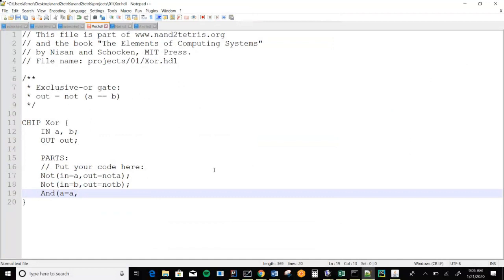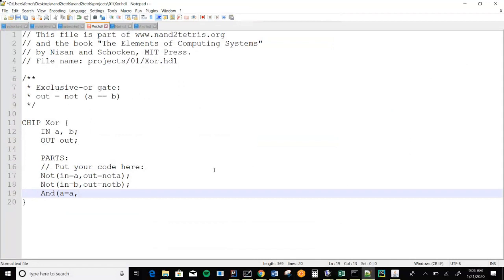So let's talk about what I just did here. My AND has an input pin named A. My XOR has an input pin named A. The thing on the left-hand side of the equal sign is in the scope of the circuit that is receiving something.